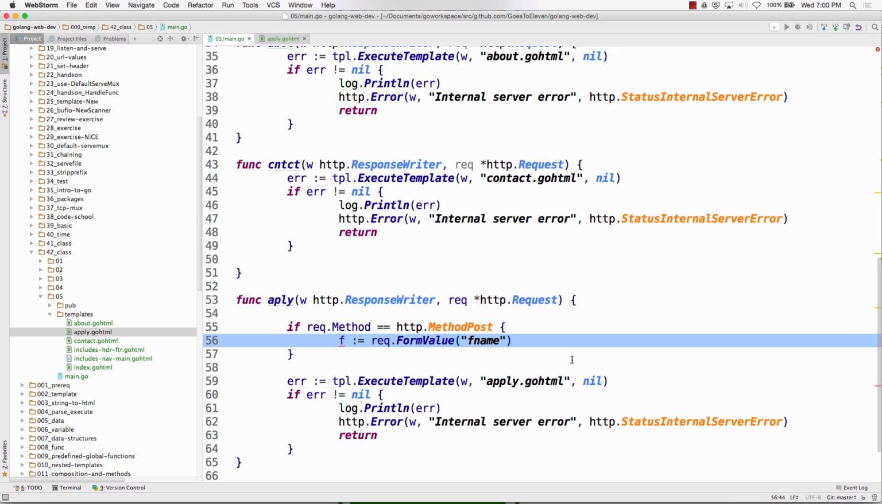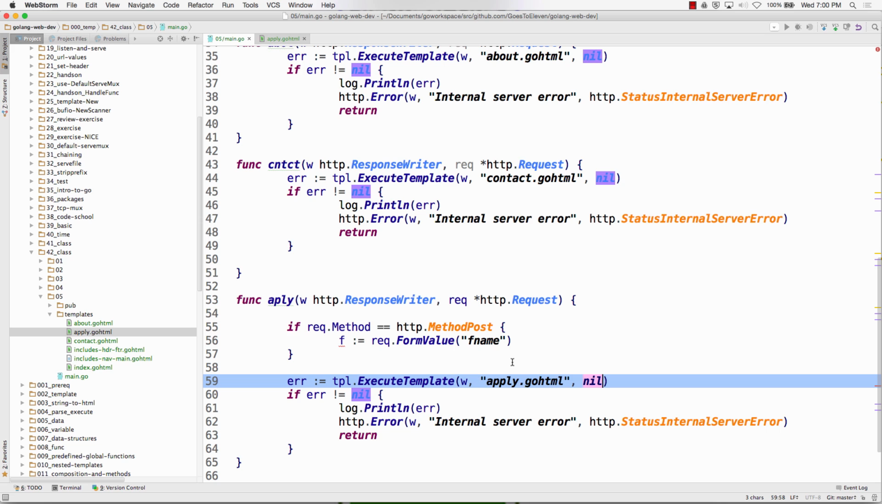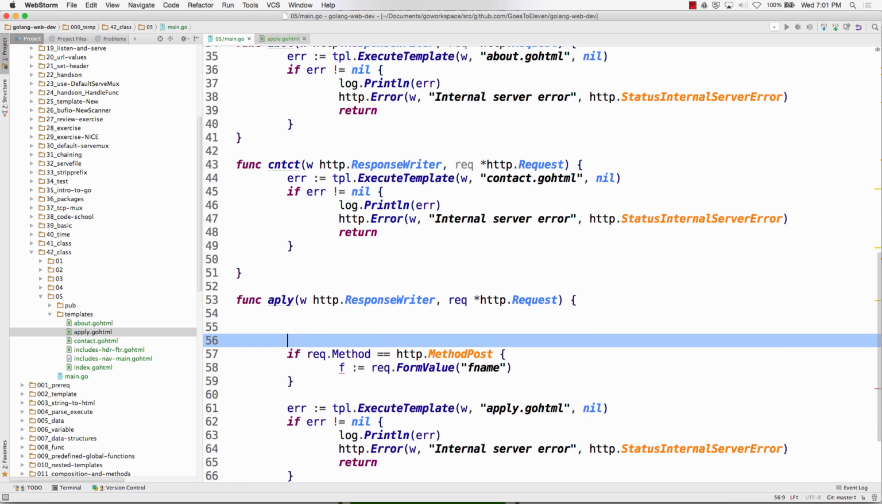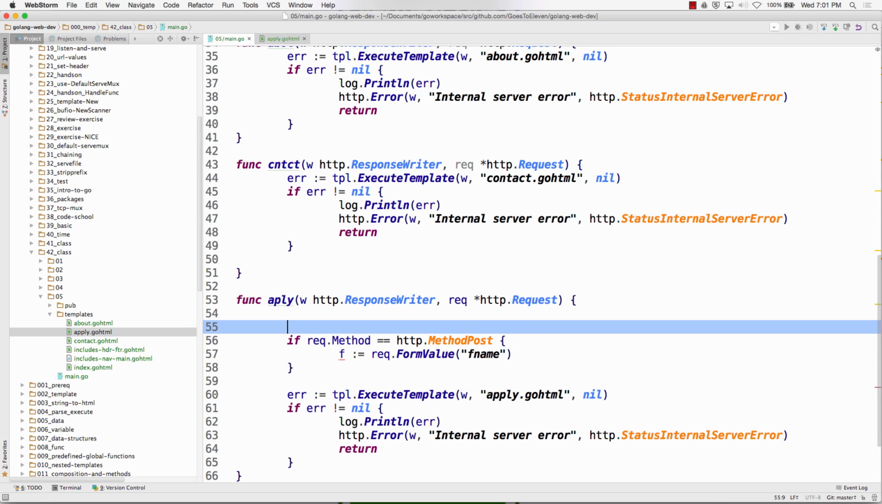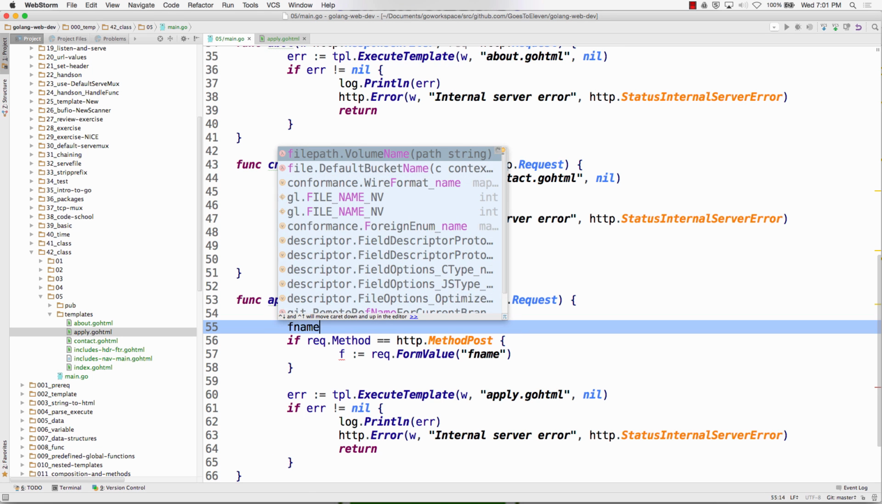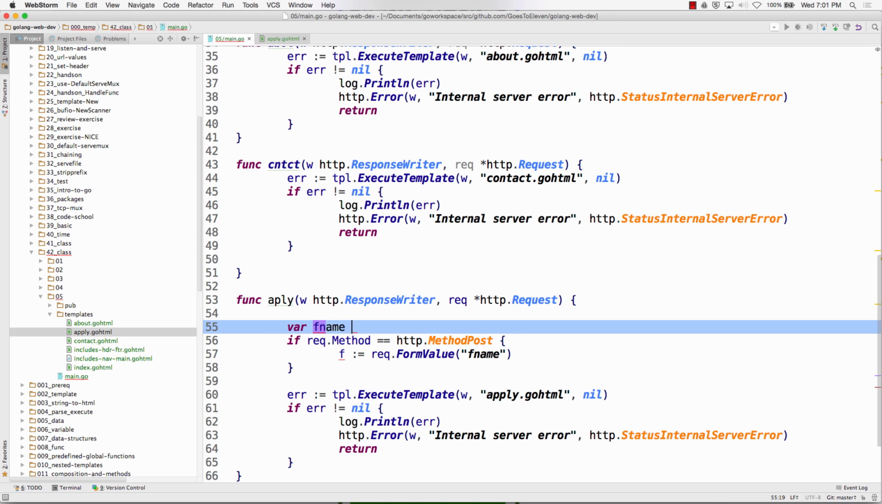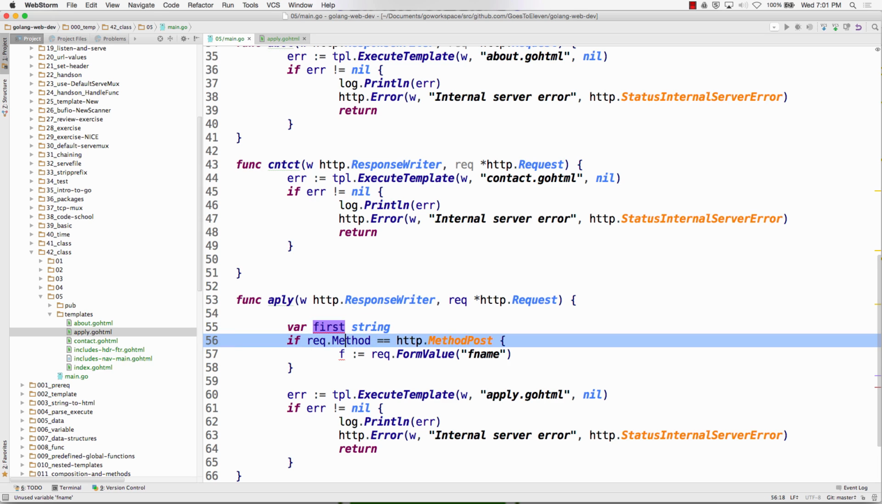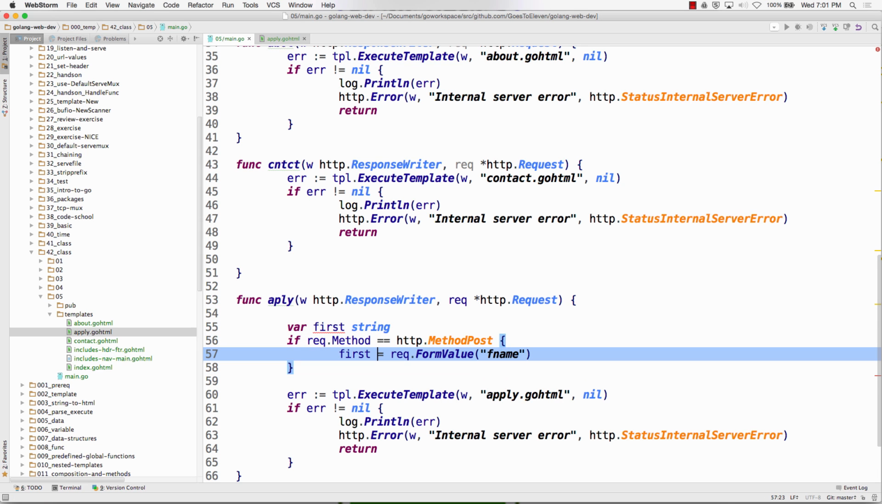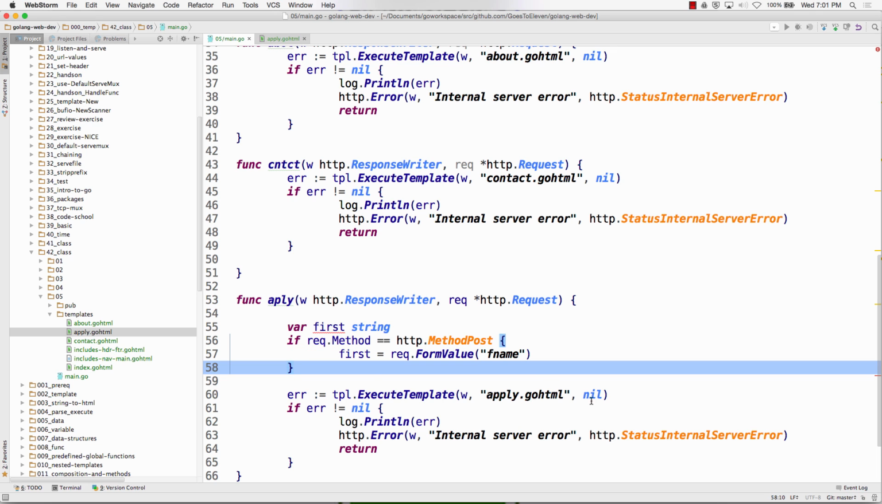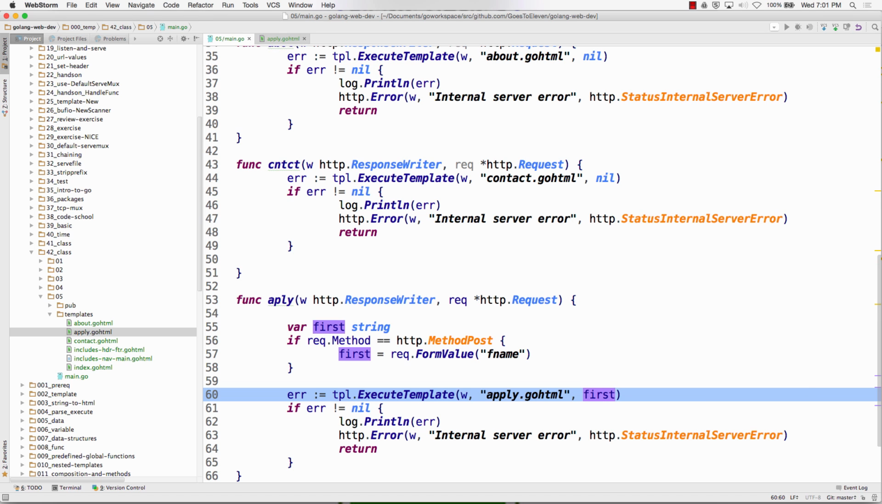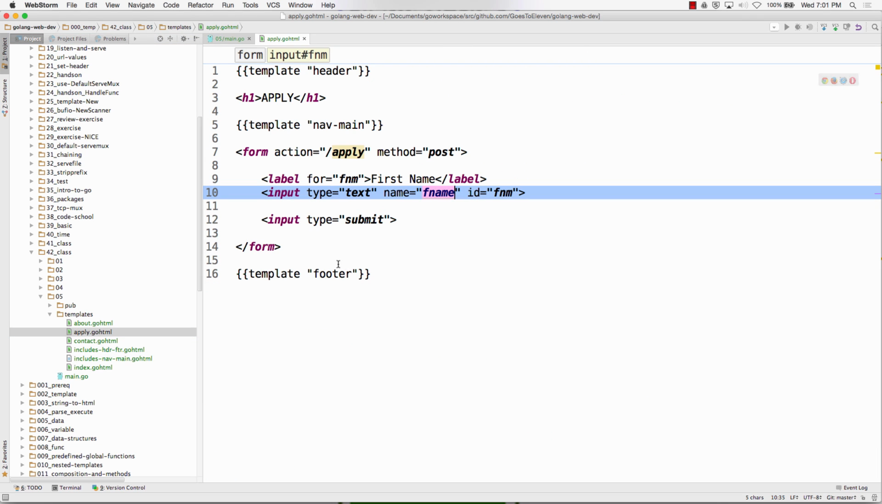So instead of passing in nil, we could pass in some data here. So we could do var f name string, or just first, kind of keep it different because all these same names around don't make sense if you're new. So var first string, and then I have first there, and now I could just pass in first here. I'm just passing in a string. Keep it easy. And so I could go back to my template, apply.gohtml, and I could put here